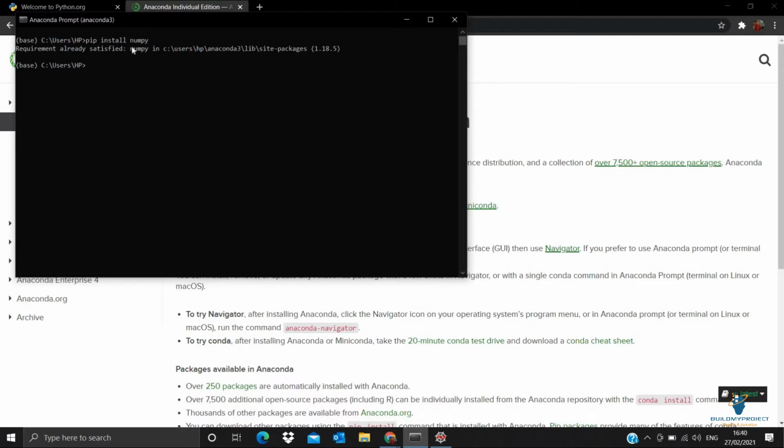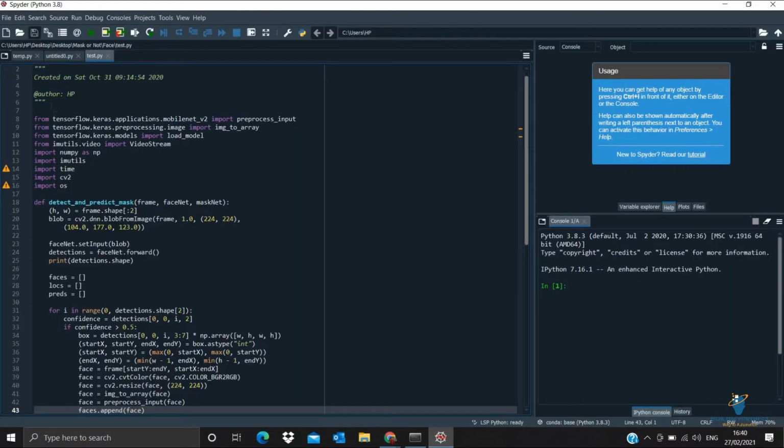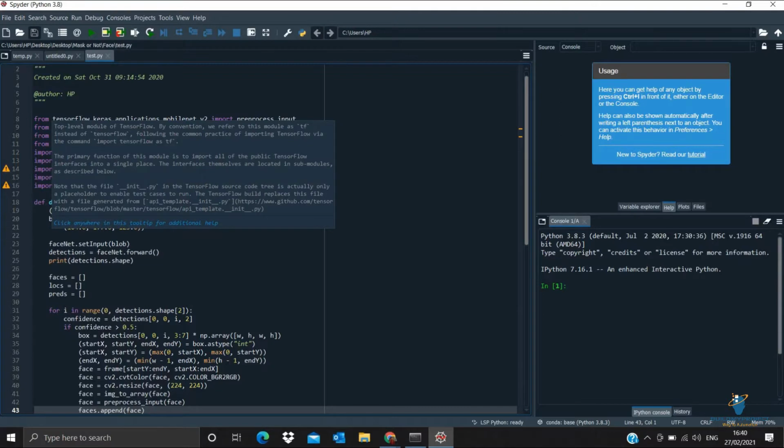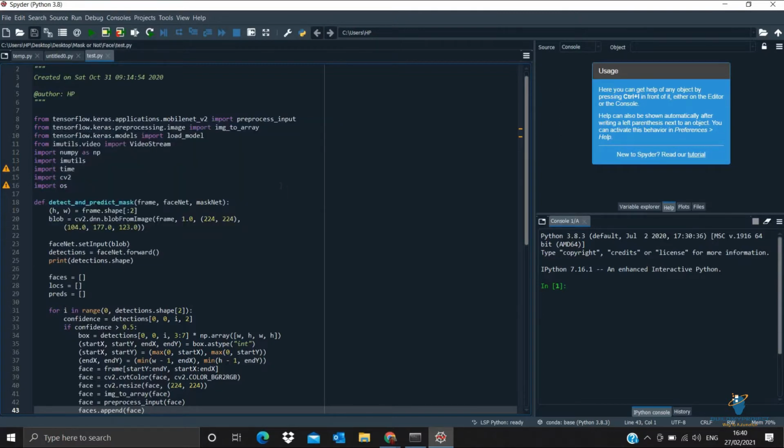And then we are going for face detection, so we will use some libraries, that is TensorFlow. We will be using Keras, and then we will be using OpenCV, like you can see here. Yes, you can see here we will be using TensorFlow, Keras, and NumPy. We also use CV2, that's nothing but OpenCV. And then we will use imutils.